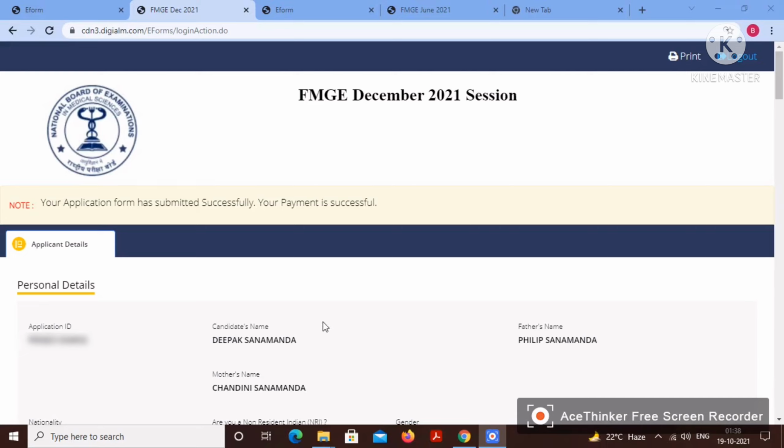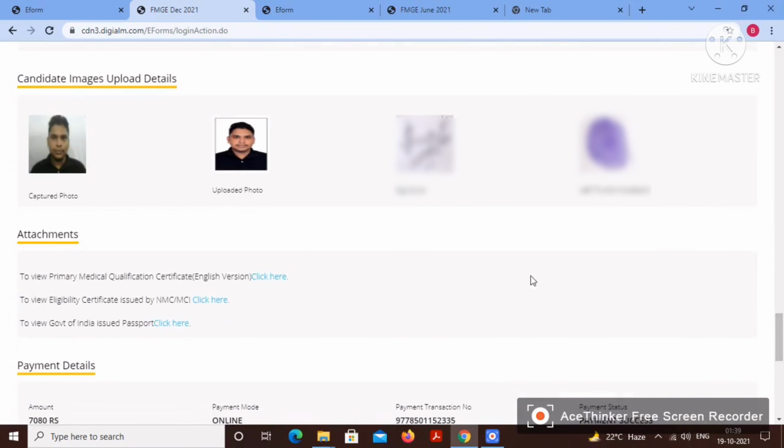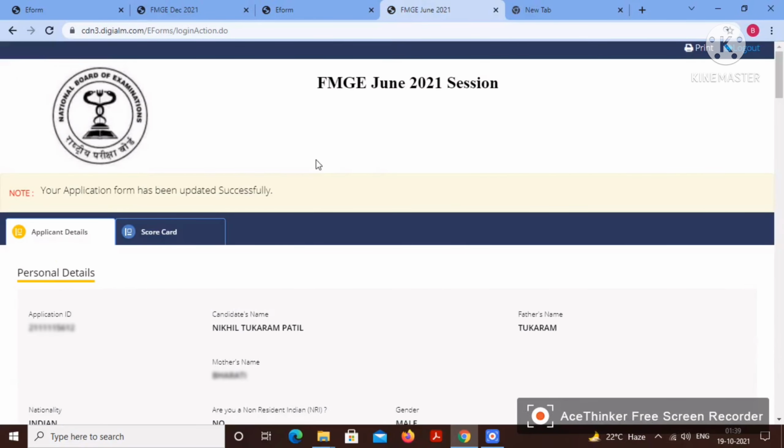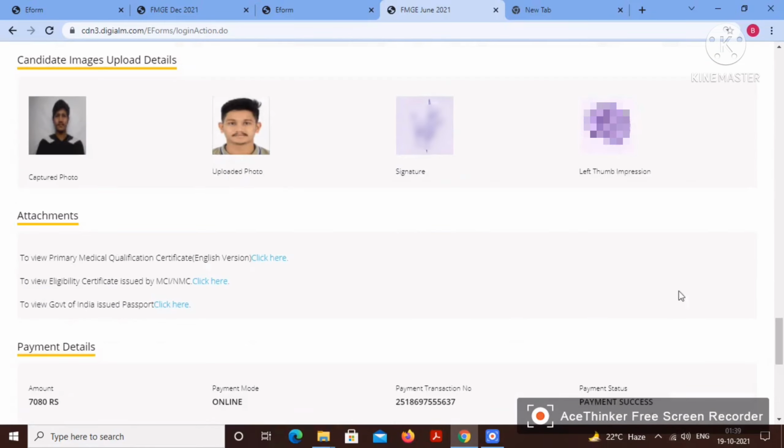This is one of my friends who wrote the exam in December 2021. I will show you his real-time picture. This is a white background with a clear face, and the remaining things I already showed you. Only for this step he went to a computer center because of the webcam, and he did it there. Mine is also the same. I passed my FMG exam in June 2021, and I will show you. I just took it on the laptop with a white background. I used a white cloth and a flashlight in front of me, and the remaining things are all the same.